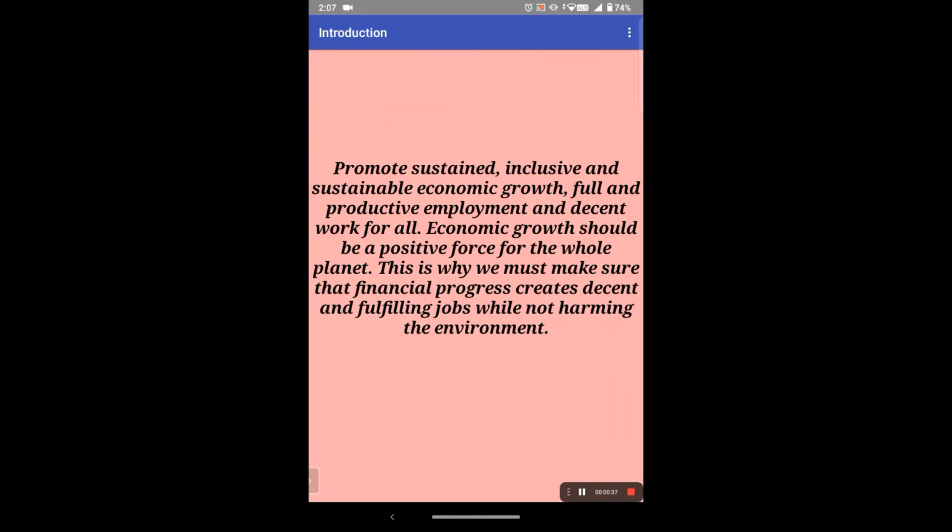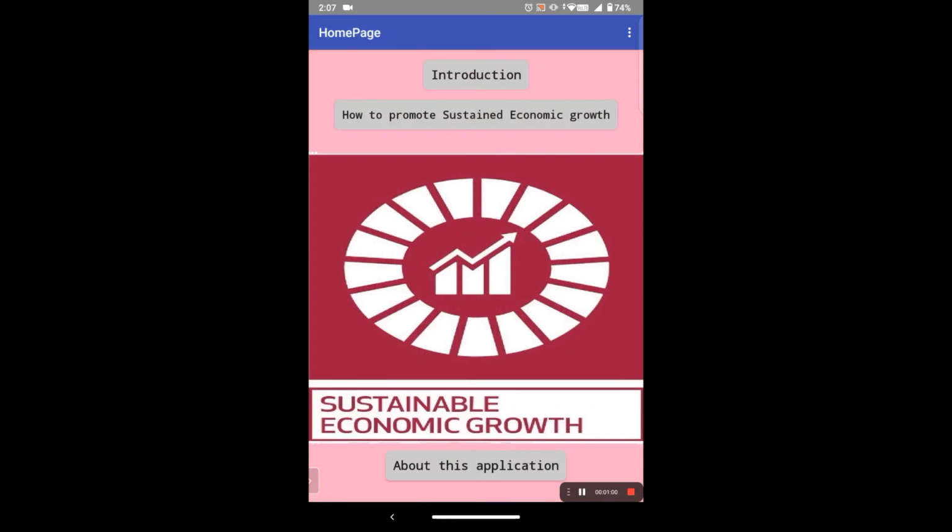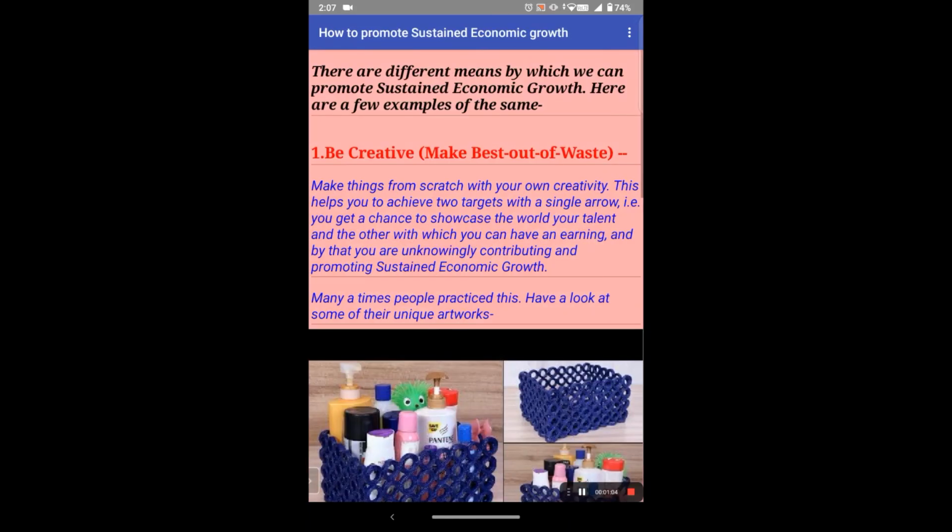The content over here says promote sustained, inclusive and sustainable economic growth, full and productive employment and decent work for all. Economic growth should be a positive force for the whole planet. This is why we must make sure that financial progress creates decent and fulfilling jobs while not harming the environment. And we can click that, and now we can go to the second tab, which says